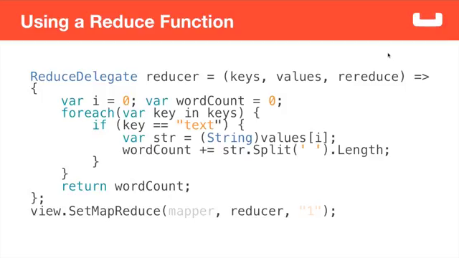So if I do use a reduce, let's say maybe in this case I want to do a word count, and this is sort of the typical example of MapReduce. So in this case, when my reducers run, it's going to be given an IEnumerable of keys and an IEnumerable of values. And I can go through those and I can say, okay, for each key where I was given text, which is all I should have been given, I'm going to take the value and I'm going to count,